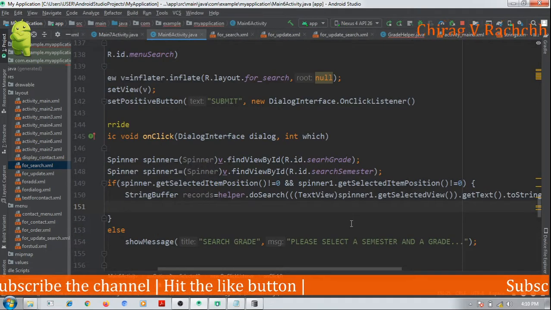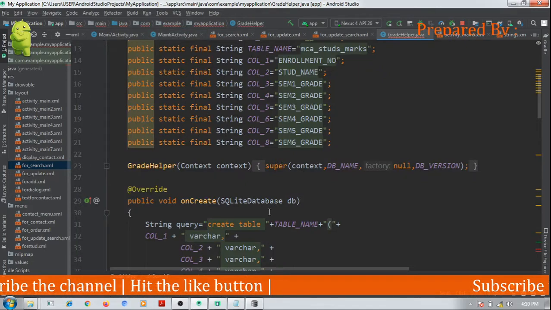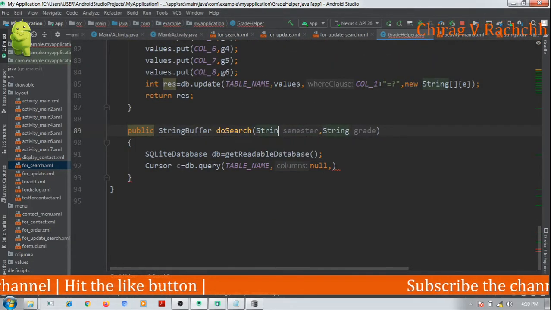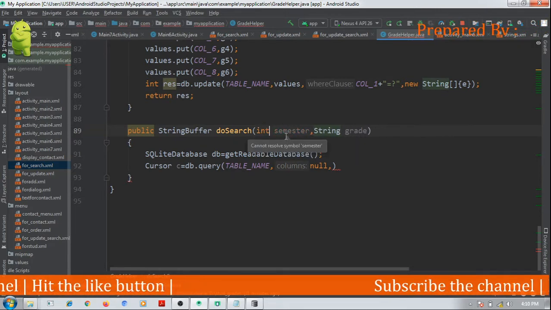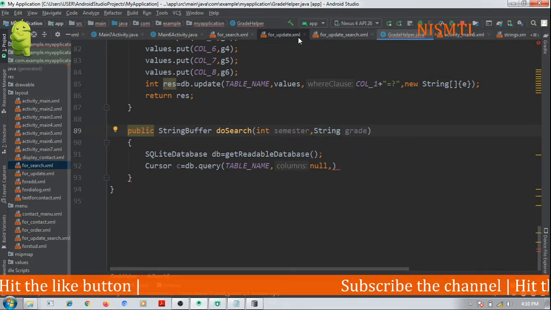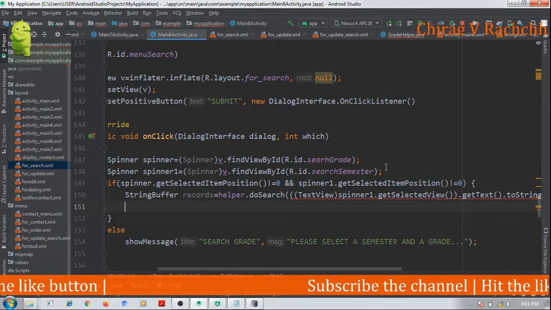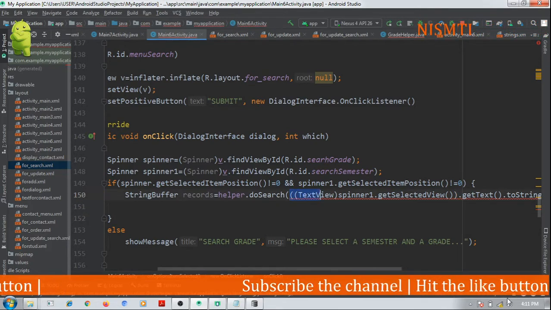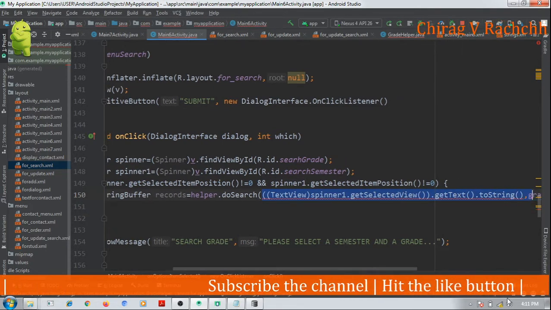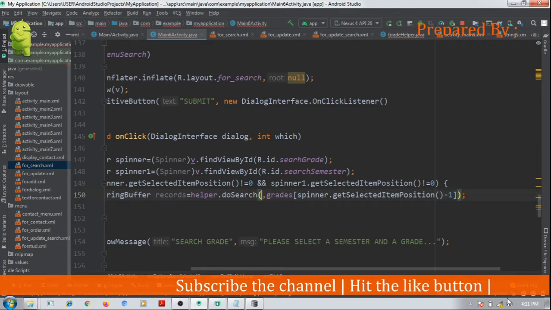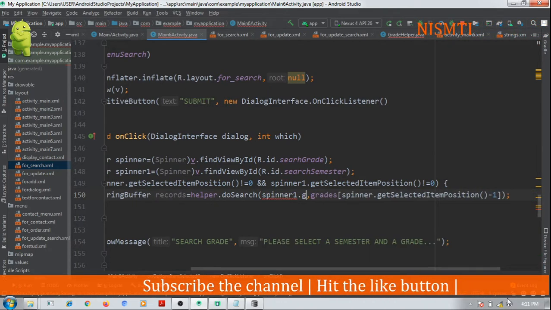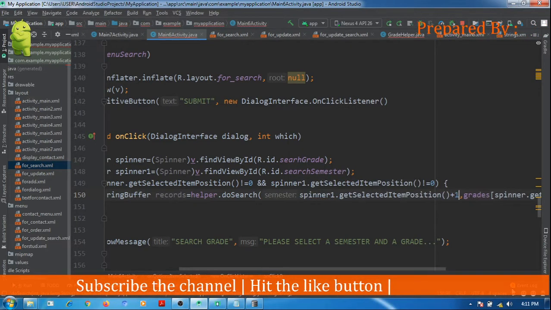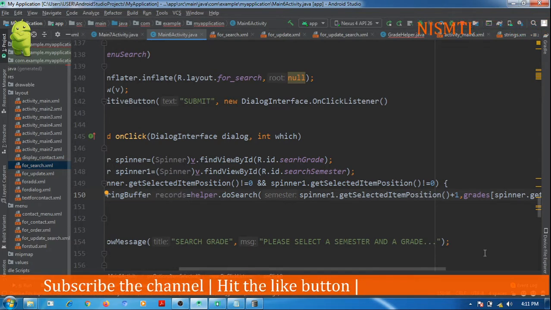We will do one thing. Instead of passing a string, we will have an integer which will reflect the semester number. Okay, integer semester. And from our activity, that is activity 6, we will just pass the semester, that is spinner1.getSelectedItemPosition plus 1.